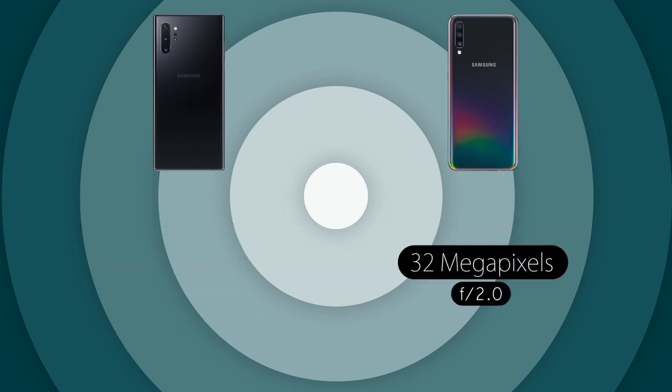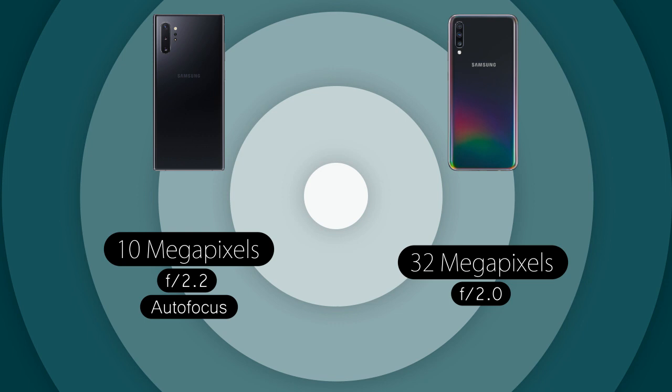On the front side, again 32 megapixels on the A70, which will output images in 12 megapixels versus 10 megapixels front sensor on the Note 10. And still, selfies from the Note 10 look sharper compared to the ones from the A70, even though they are slightly lower in resolution. Both phones handle dynamic range here nicely, and both can take portrait selfies, while the Note can also take portrait